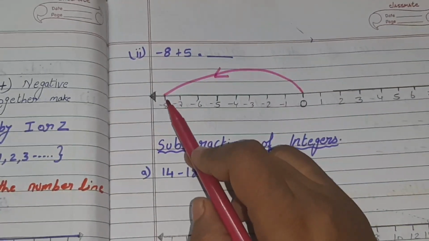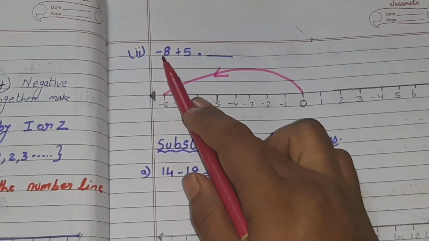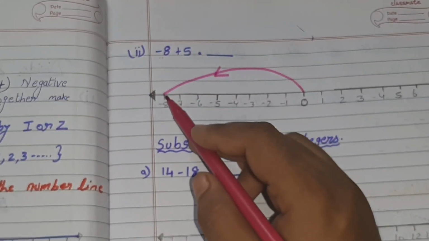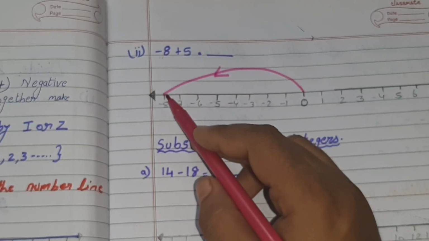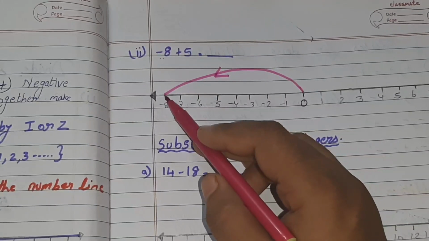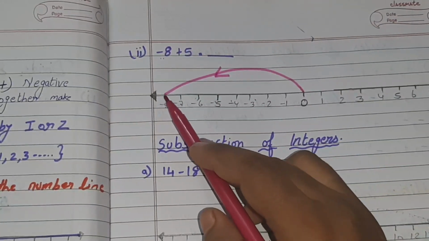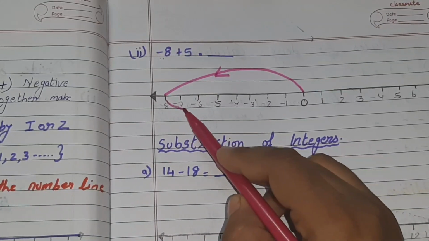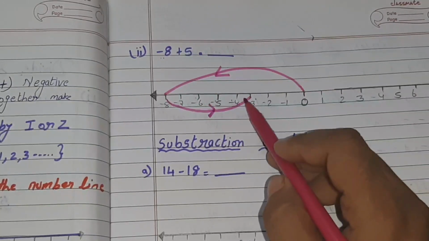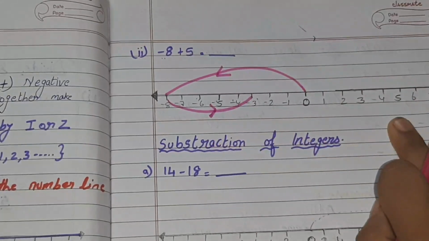Okay. Here only we will deduct. The greater sign is minus, so we will deduct. We are deducting here 5 times, like 1, 2, 3, 4 and 5. So what are we getting? Minus 8 plus 5, we are getting minus 3. It is moving in the positive direction, which means we have to go to the right side.